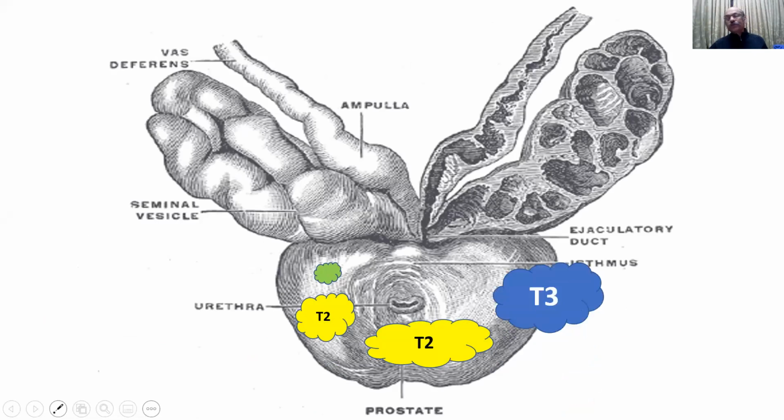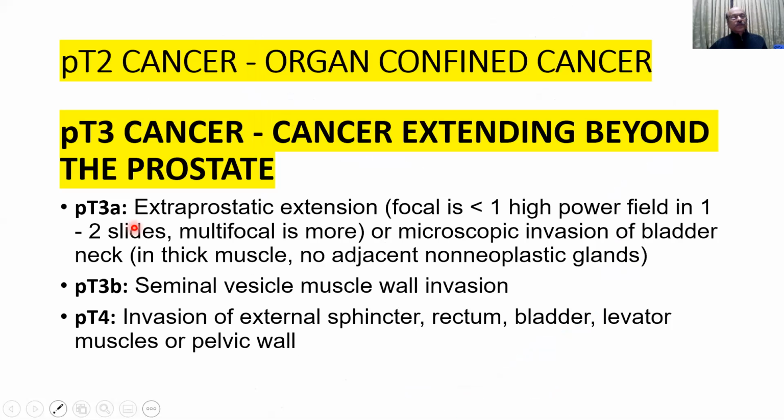There is no pathological T1 stage in prostate cancer. It starts from T2, then T3. So T2 cancer is organ confined cancer. T3 cancer is when it extends beyond the prostate. So T3A and T3B, there are two